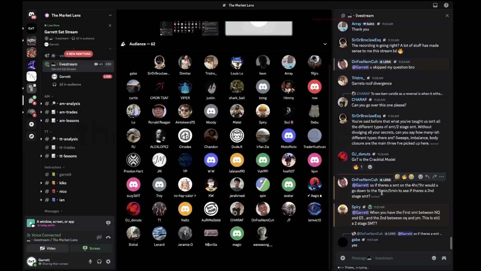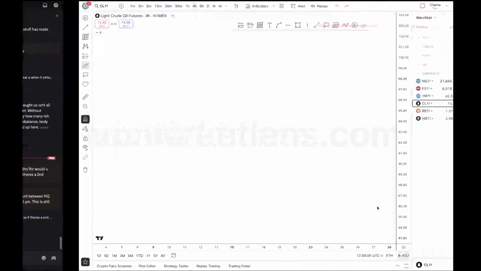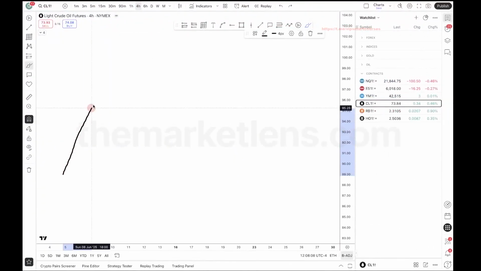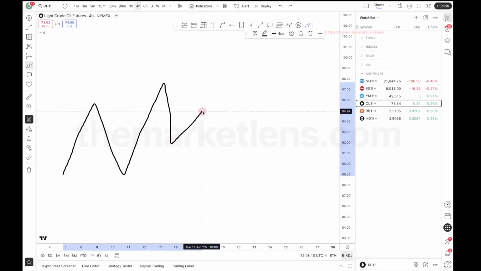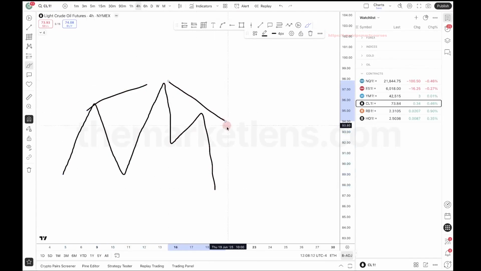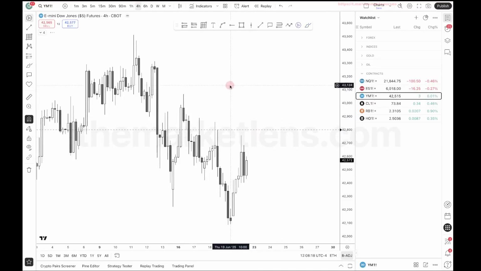So the way I do it, you can view it like that. There's 4-hour, 1 hour. So it can be like this. Like I said, with 1 hour highs, it can look like this, right? And this SMT in the hourly chart is your confirmation. So what I mean by that, if I go over here,